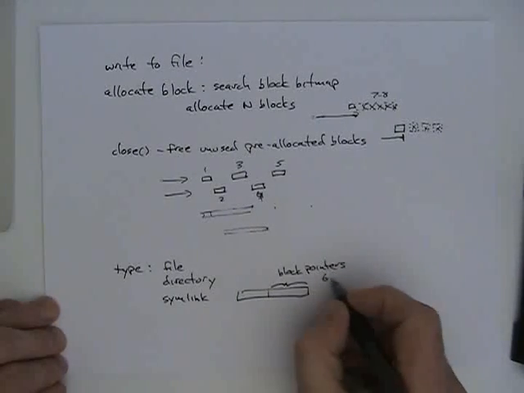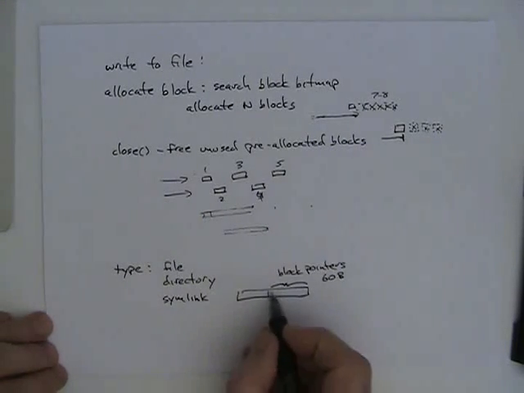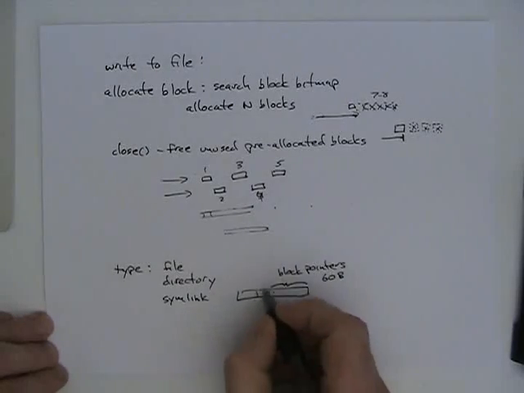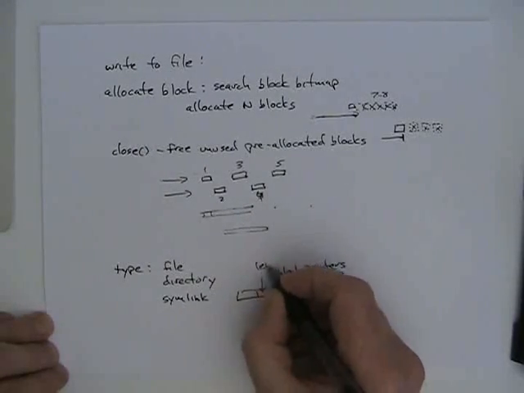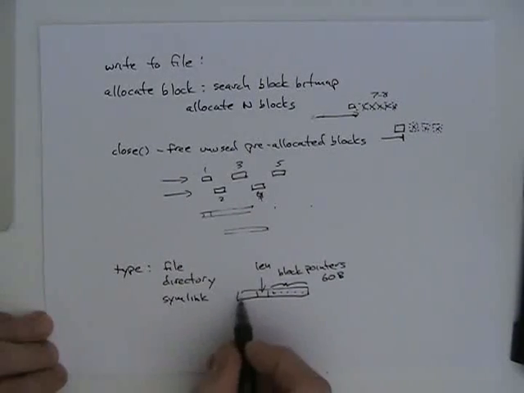So the basic idea is that we want to have a balanced tree, and we want it to be not binary, but roughly k-ary,